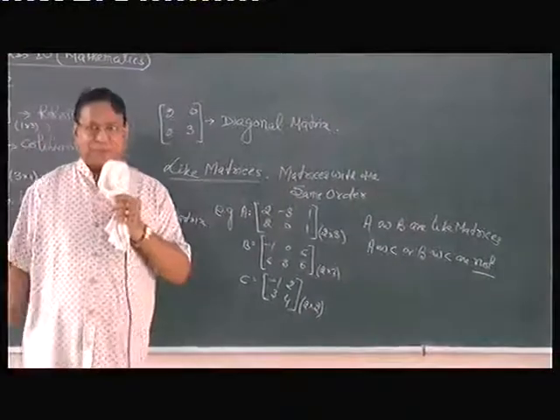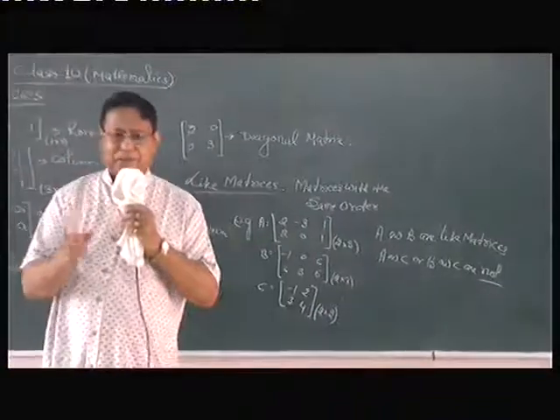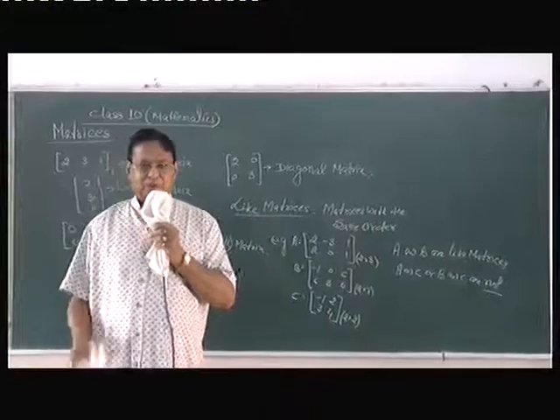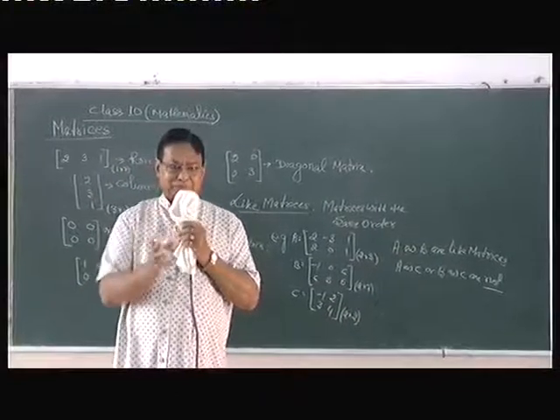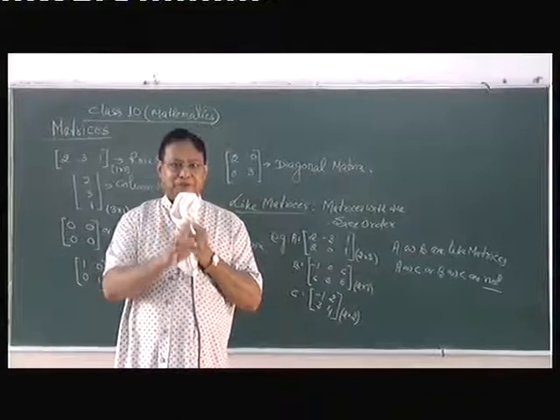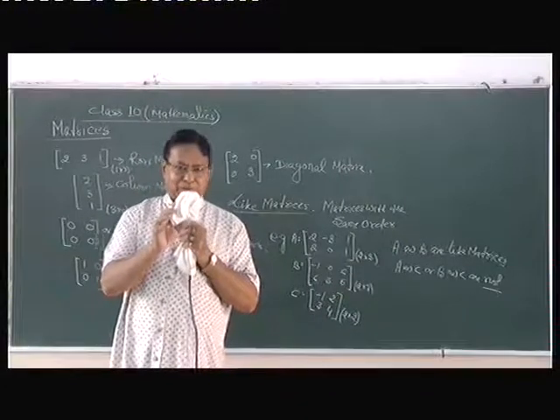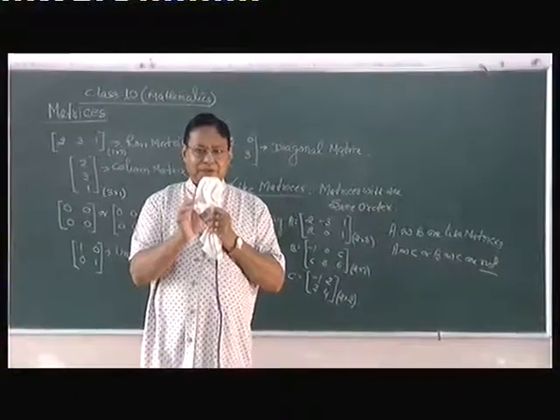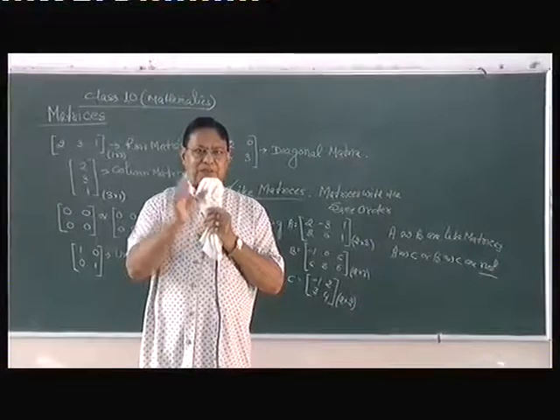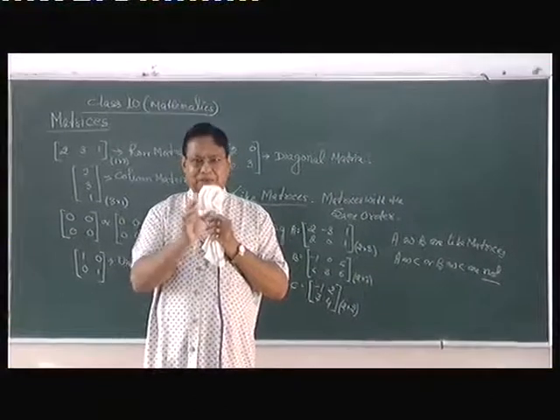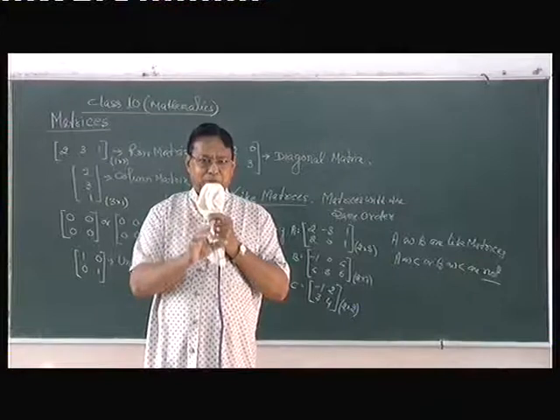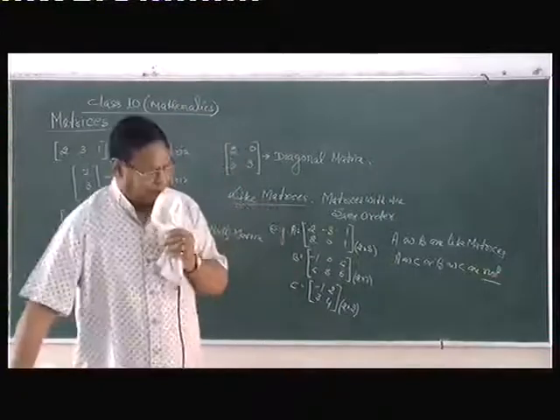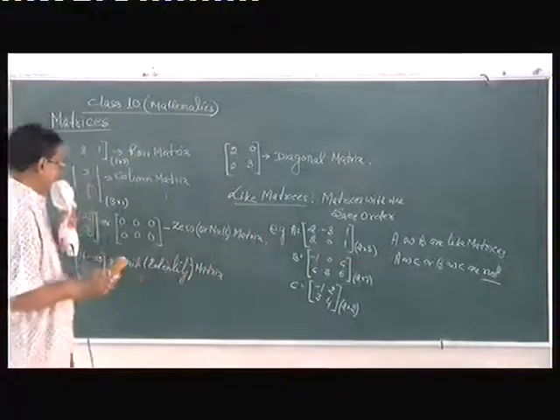Importance of this: I will come to algebra of matrices now. When we add 2 matrices or subtract one matrix from the other, they have to be like matrices. So in short, I repeat, two matrices can be added only if they are like, or one matrix can be subtracted from the other if they are like. Unlike matrices cannot be added together or subtracted from one another. Is that okay? So that is the importance of like matrices.